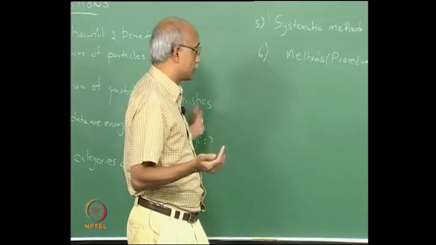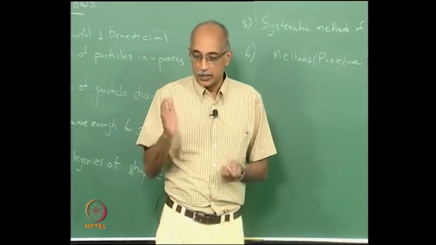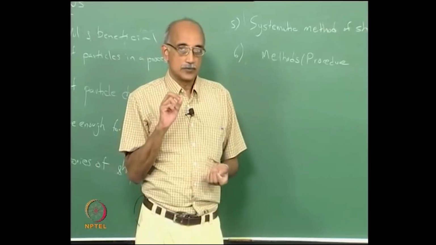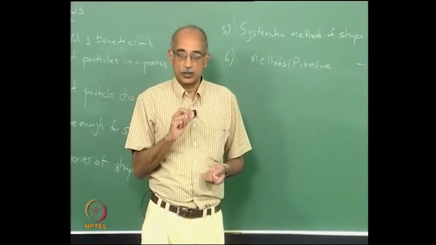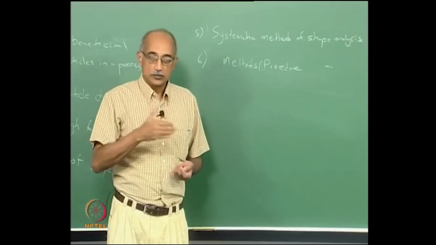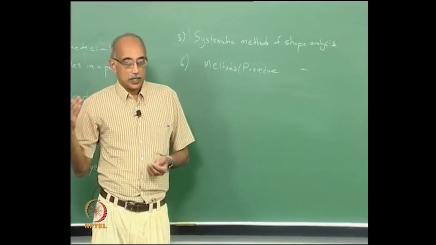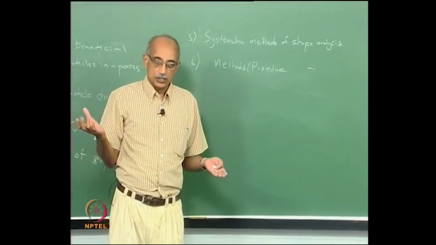So the combination of all this gives you a way of finally deciding what is the shape of the particle, and that is a very important first step, because you really cannot determine size unless you determine shape,